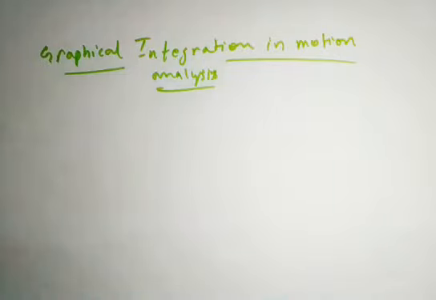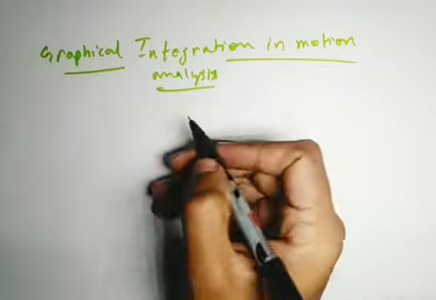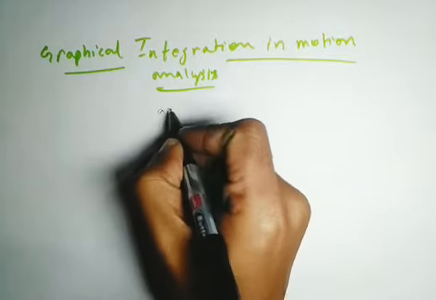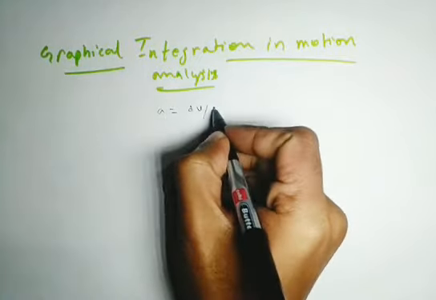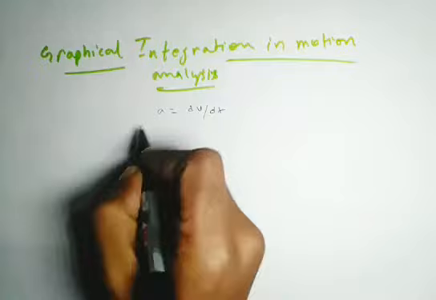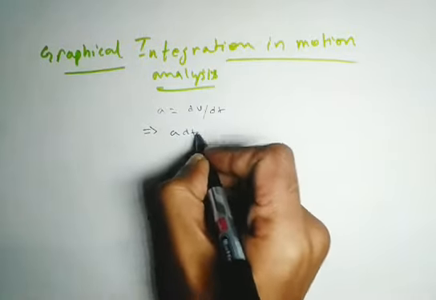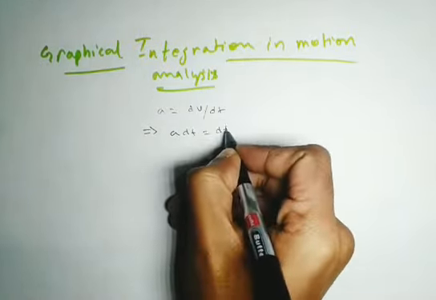So we can integrate on a graph to find the object's velocity. Let's take acceleration as a equal to dv upon dt, and we can also rewrite it as a dt equal to dv. So the fundamental theorem of calculus tells us that